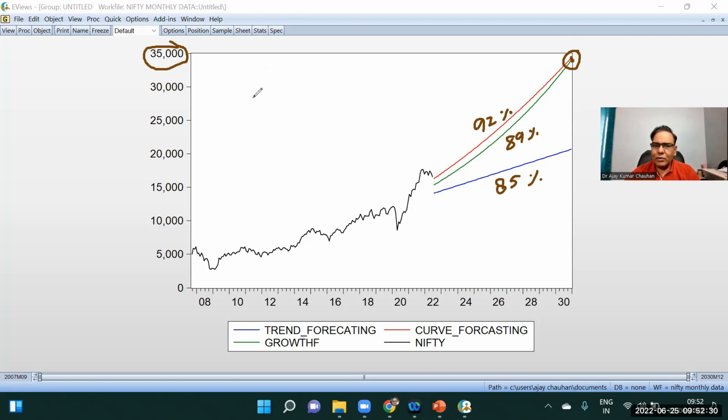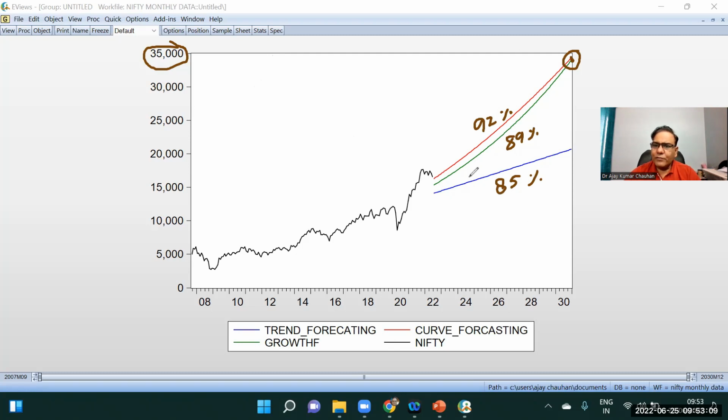We are doing this exercise for the last 8 years. So 8 years back or 5 years back, we forecasted the value in 2022, and now we are going to do the forecasting in 22 for the next 8 years. In 2016 I was teaching this in a class, and at that time Nifty was at around 10,000, and when I showed them that Nifty will reach 18,000 in 2022, nobody could believe it. But now